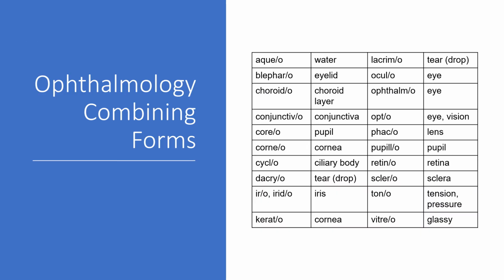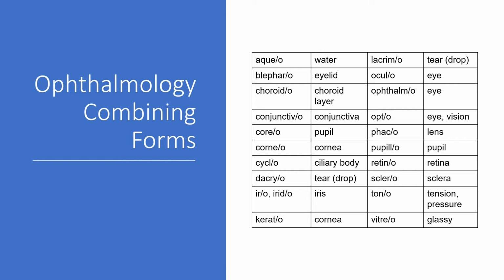Here are some ophthalmology combining forms that you need to know. Aqueo refers to water, blepharo, eyelid, choroido, choroid, conjunctivo, conjunctiva, coreo, pupil, corneo, cornea, cyclo, ciliary body, dacryo, tear, iro or irido, iris, kerato, cornea, lacrimo, tear drop, oculo, eye, ophthalmo, eye, opto, eye or vision, phaco, lens, pupillo, pupil,